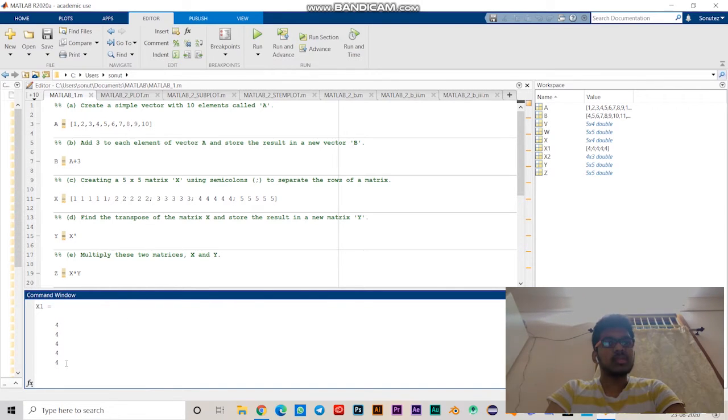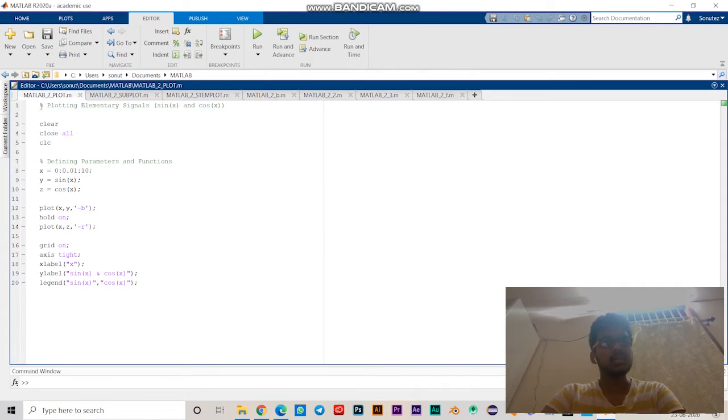X1 is the column vector we got by extracting the elements from the fourth row of X, and we selected some of the columns of X and made it into a matrix, and this is the matrix. X2 is the submatrix of X. We selected some of the rows and columns and made it into a matrix. Finally, we deleted the fourth column in the matrix X, so now it has only 4 columns.